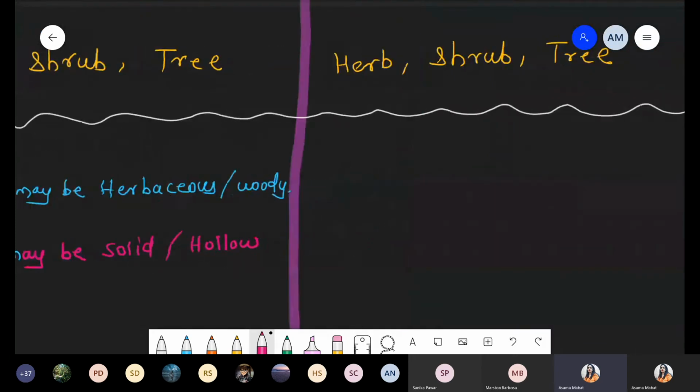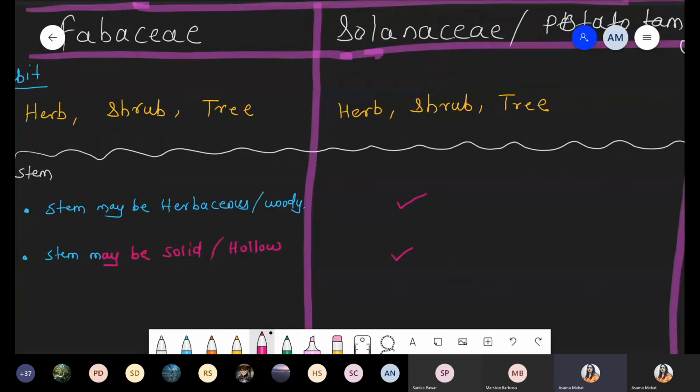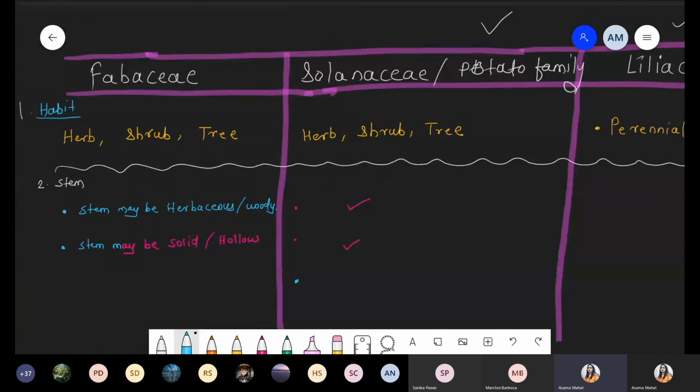Now for the family Solanaceae, both these points are as it is. So you can write down please as it is. Both types are as it is. And among these two, 1, 2, I'm adding another third one. Because Solanaceae family is also called which family? Potato family. And inside this potato, tuber is very common. So stem, these are the part of tuber. Inside this potato, the stem is nothing but one type of modified stem which comes under the tuber.